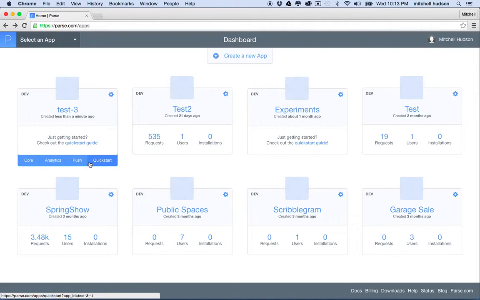Parse works with Android and iOS and a few other systems, but it's pretty good, and they provide a lot of support. There's a lot of APIs and libraries and things that they provide. An easy way to start here is to go to this Quick Start button. So I'm going to go there,